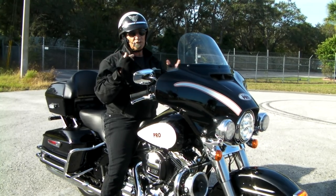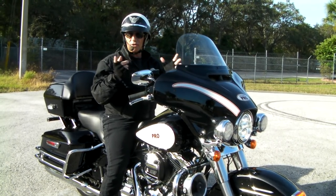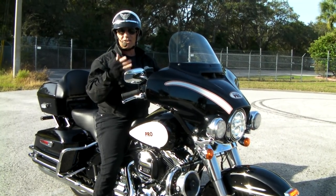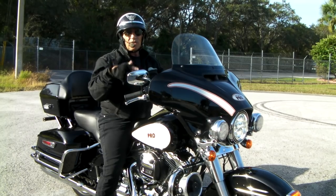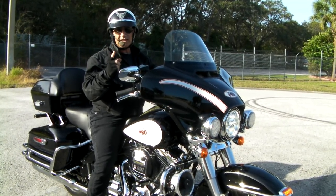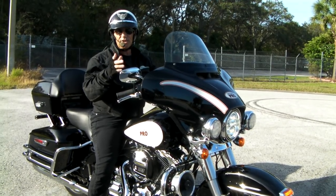3 techniques I teach: the proper use of your head and eyes. Wherever you turn your head and eyes, that's where the bike will go, because the hands naturally follow the eyes. It's the opposite of your instincts, but in my Ride Like a Pro video, I show you a step-by-step approach that will force you to use that technique, and you need to use it at all speeds, but especially at